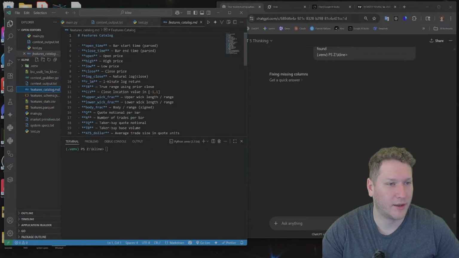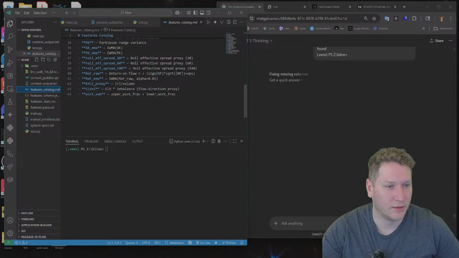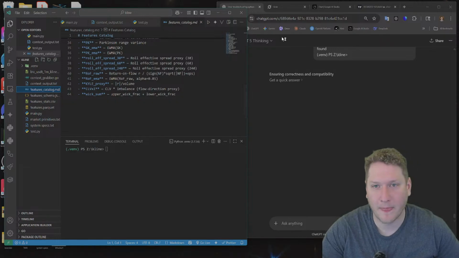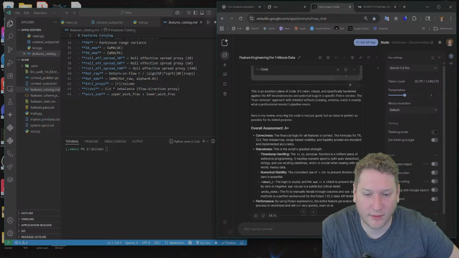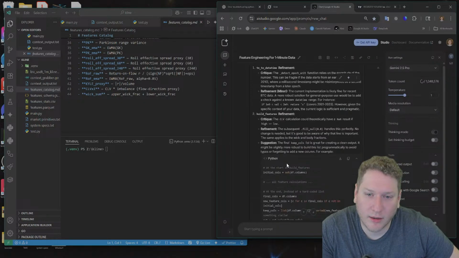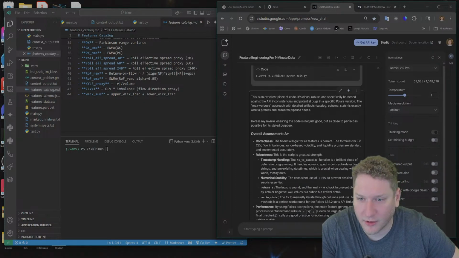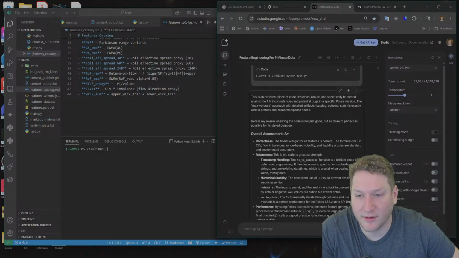Yeah, catalog. Okay. Let's see what Gemini was saying about this. Okay, this excellent piece of code, cleaner, bus, hard coded. Okay, so it's A plus.